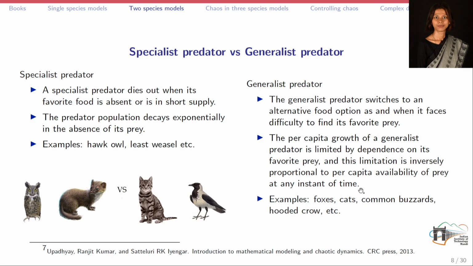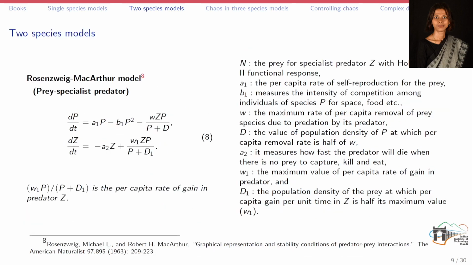So some examples of the generalist predator, which can switch to other food options, are fox, cat, etc. Whereas owl and weasel are examples of the specialist predator. So in the two species model,